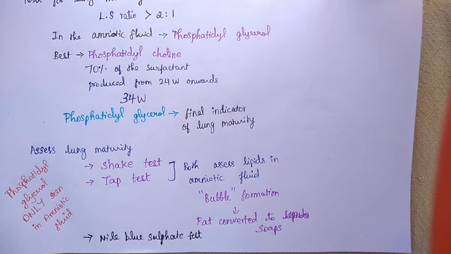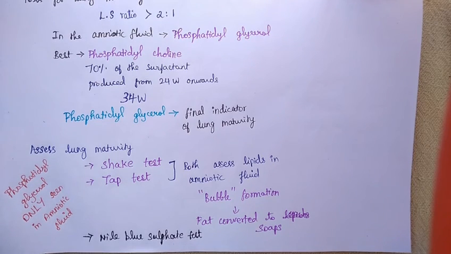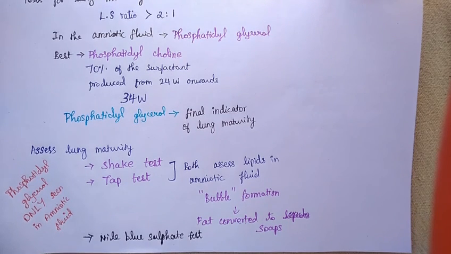You can also do the Nile blue sulfate test. In this test, you take the little skin cells that are present in the amniotic fluid into a test tube. You add the Nile blue agent, and it should turn orange in color, and that is the confirmation